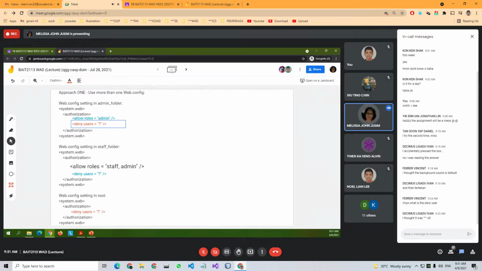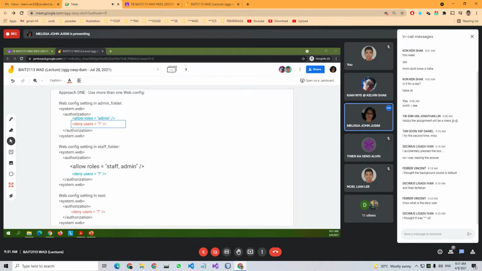Star means you deny all the users, including the staff. Then the admin and staff folder both can use the deny all instead of question mark, instead of anonymous.